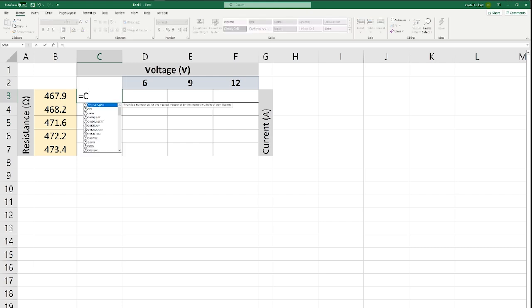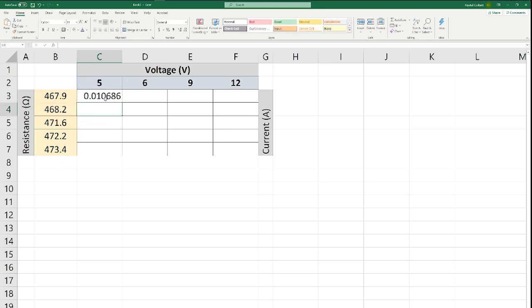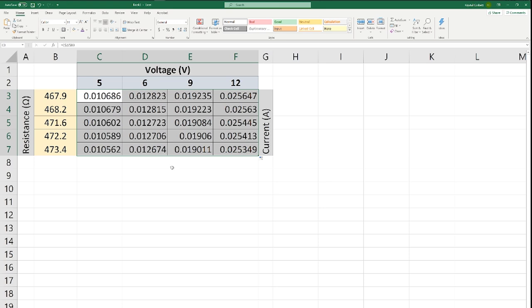my column accordingly. So I know that I want to do C2 divided by B3, but I want to lock in my row 2 that's associated with my voltages C, D, E, and F. So I'm going to lock in row 2, and I'm going to divide it by my resistance, where I'm going to lock in my column, because I always want it to be along B, but I'm going to let the rows change relative to the cell that the formula is written in. When I hit enter, I can drag it vertically, and I can drag it horizontally, and it'll automatically populate my